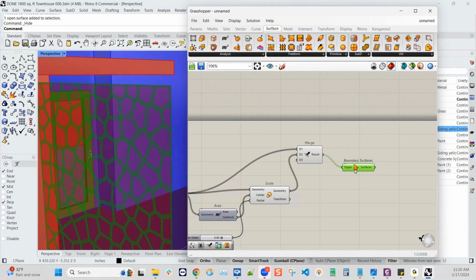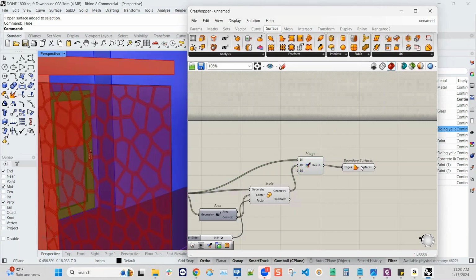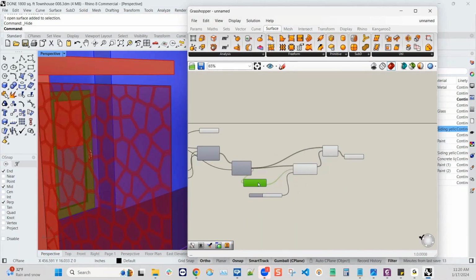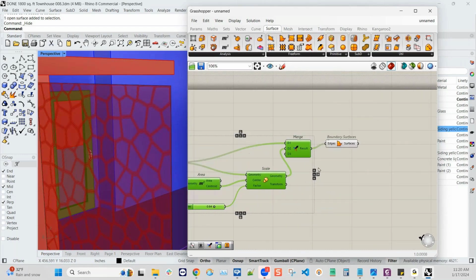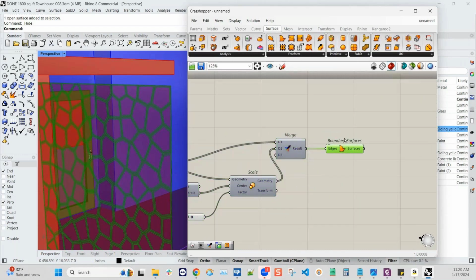I think I'm getting what I want here by just plugging in those two sets. So now I have the surfaces. They are trim surfaces. And I think we're on our way here to just extruding those into solids and baking them back. So let me go ahead and turn that display off. And let's go ahead and